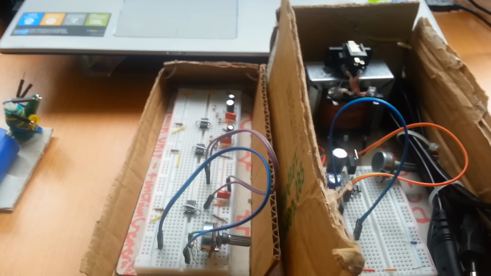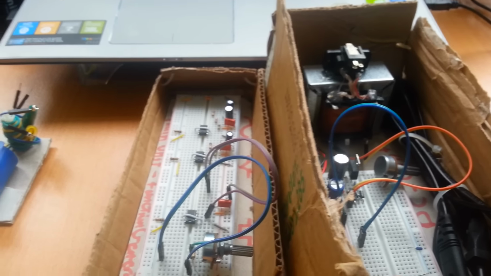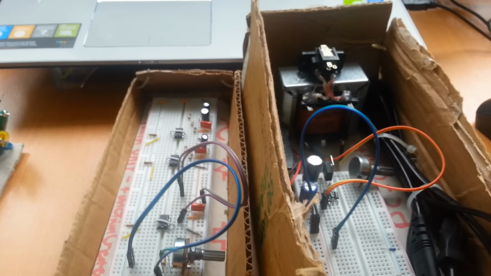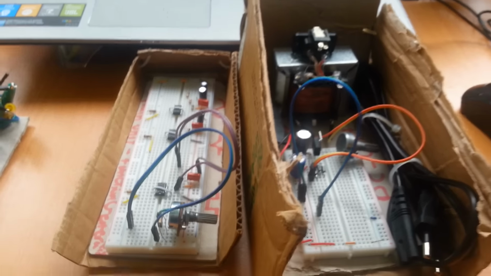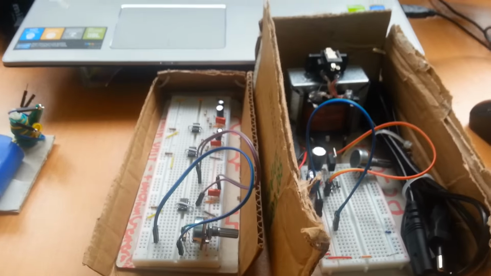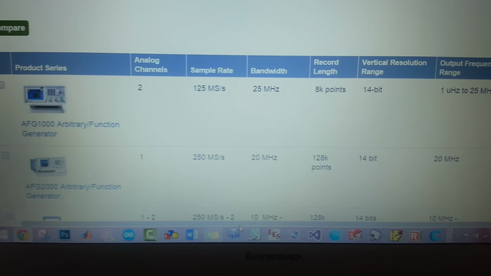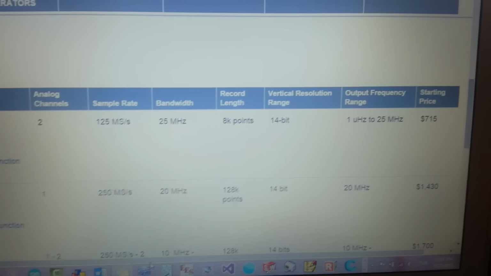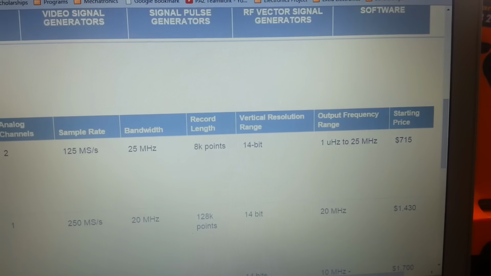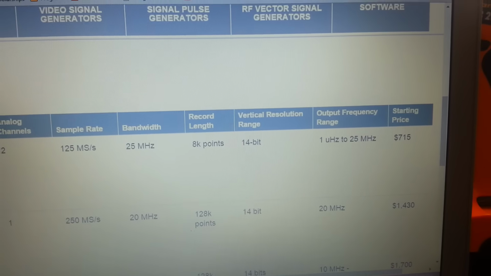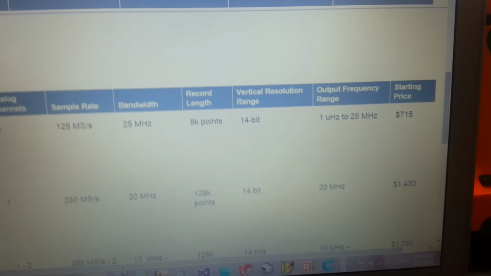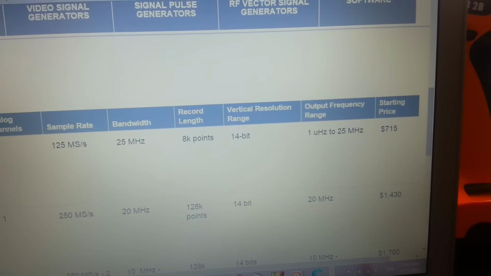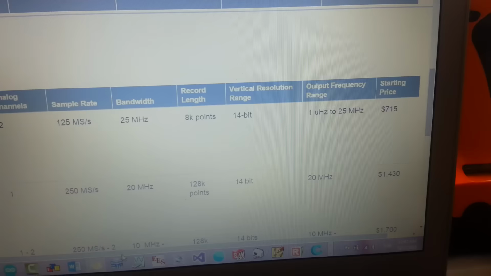I would like to say that our biggest achievement is that we made, with almost $30, what is, as you can see, called a function generator. Of course the commercial one has high quality and a bigger range, but it's for $715. It starts from there. Now I will start into